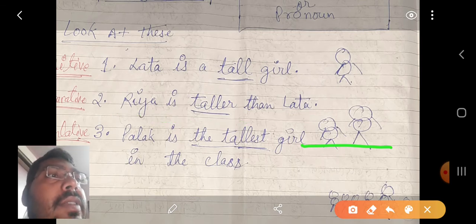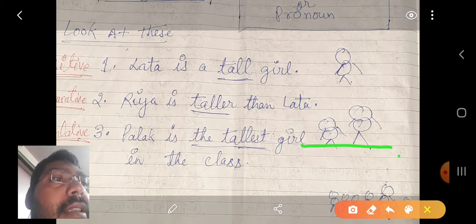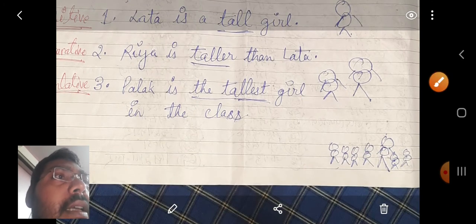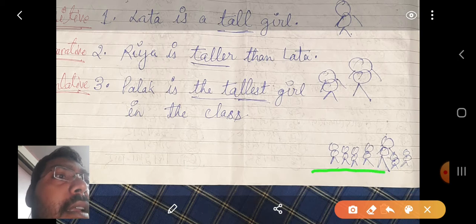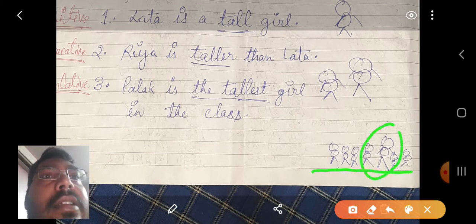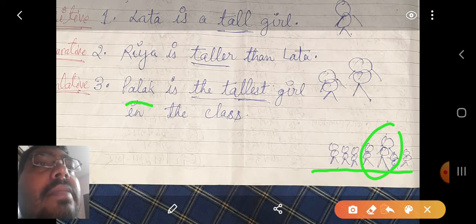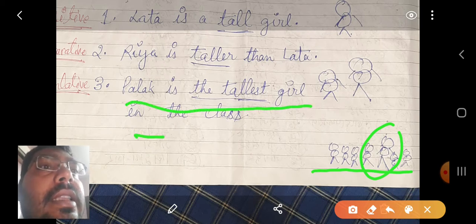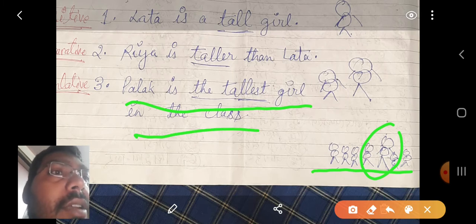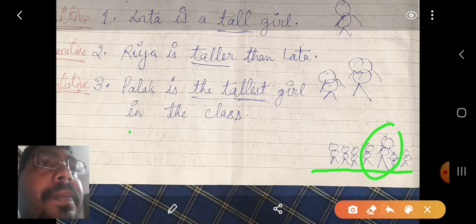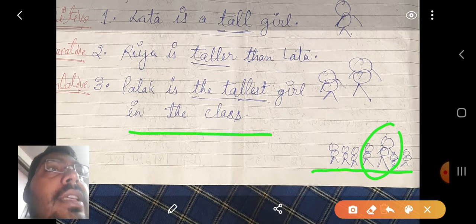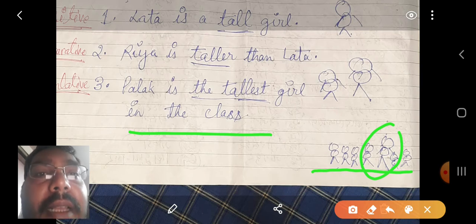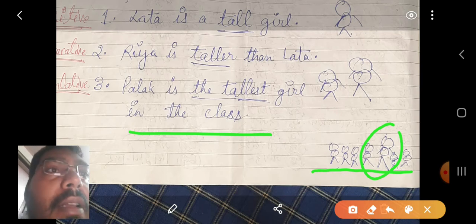Now can you see here? There are a lot of girls, and there is one girl who is the tallest. So look at the third sentence: Palak is the tallest girl in the class. So here we have observed that if we want to compare two or more than two people, then we